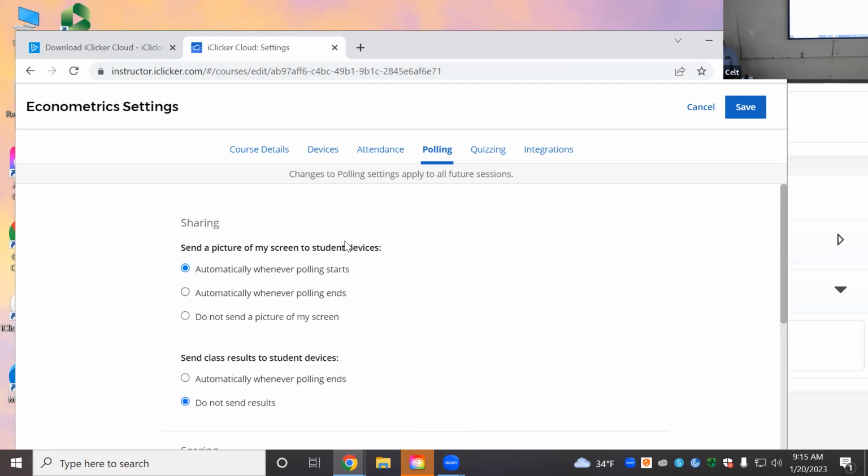Oh, that's the class result. Oh, I'm sorry. I had scrolled down accidentally. Now, this is actually what I wanted to do. When it's send a picture of my screen to student devices. This is basically,